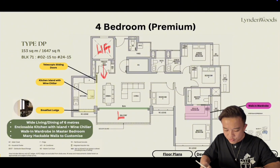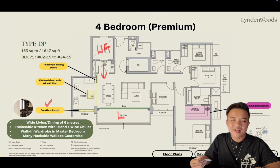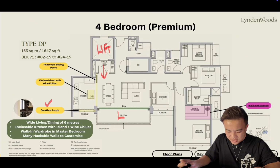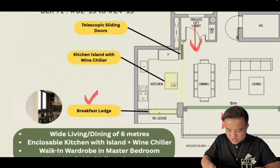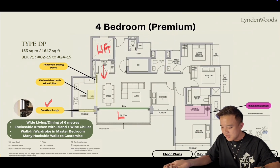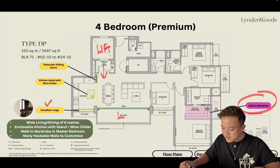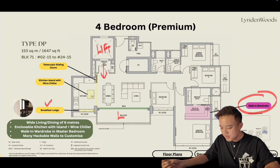They do this telescopic sliding door. And this is very interesting, called the aircon ledge. Basically at the window, if you can see my picture here, right, they actually put in a ledge for you to enjoy your breakfast. Then of course your walk-in wardrobe in the master, right, extremely huge, L-shape,